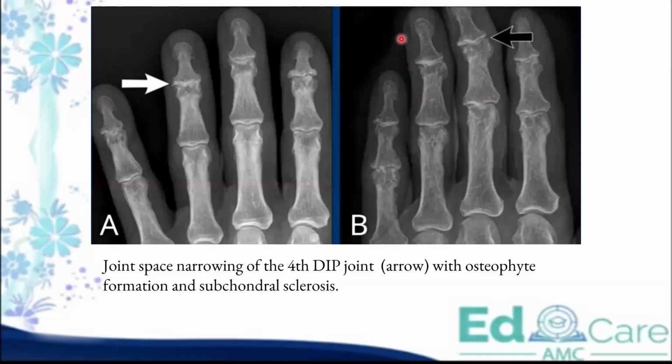So just some pictures. This is an osteoarthritis. There's a joint space narrowing. So distal interphalangeal joints are affected, right? And then there's osteophytes. There are these joints jutting out from here, osteophytes. And then tiny cystic sort of lesions, you can see tiny circular lesions. Those are the subchondral cysts, right?